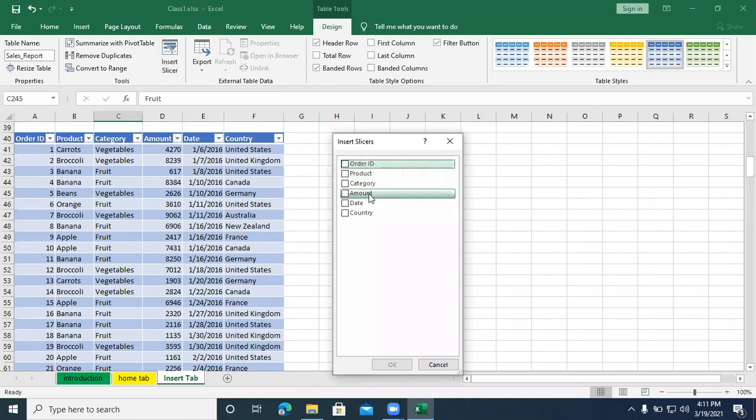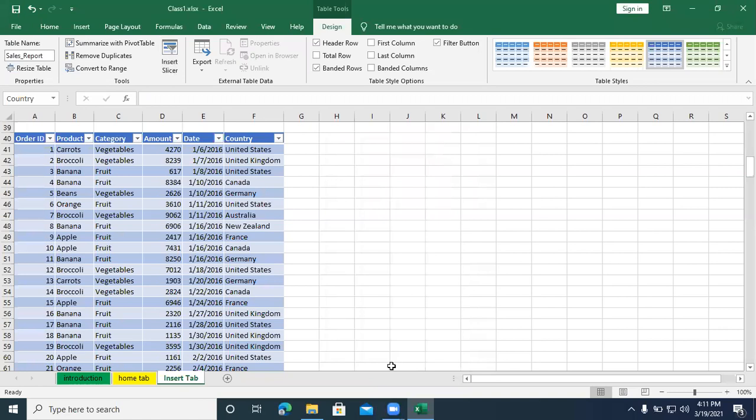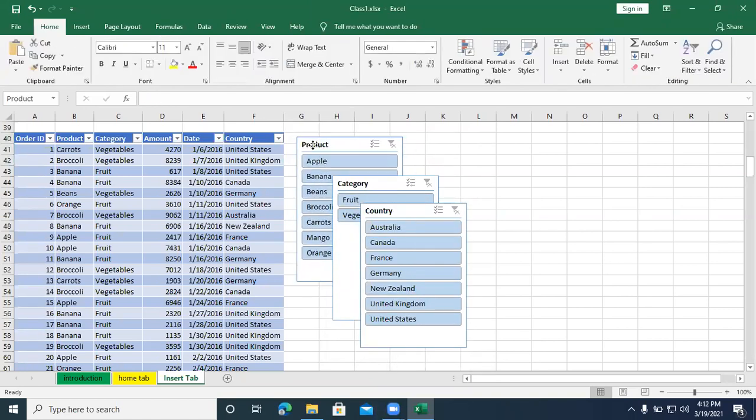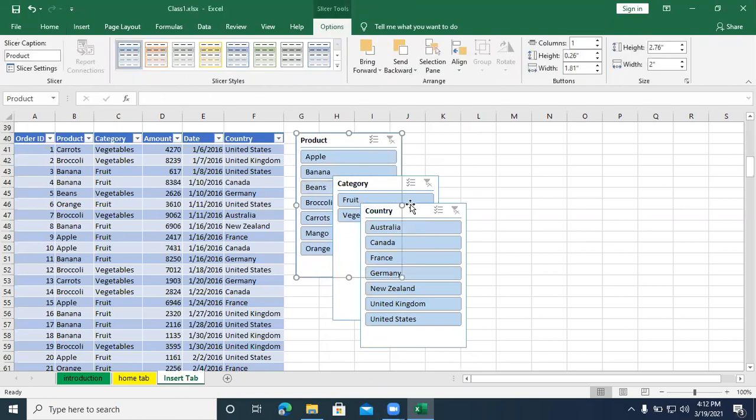I'm getting all the column headings: order ID, product, category, amount, date, country. I will take only a few columns: product, category, and country. I just click OK, and that inserts your slicer. You can arrange the slicer according to your requirement.